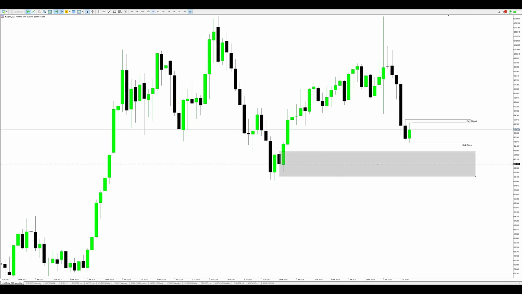And I'm gonna get rid of this. So I've got my 50% mean threshold of the bullish order block. That's a monthly bullish OB. It's very important that you highlight all these areas, because they're going to help you in the future when you look at price action in relation to the levels that you'd have marked.